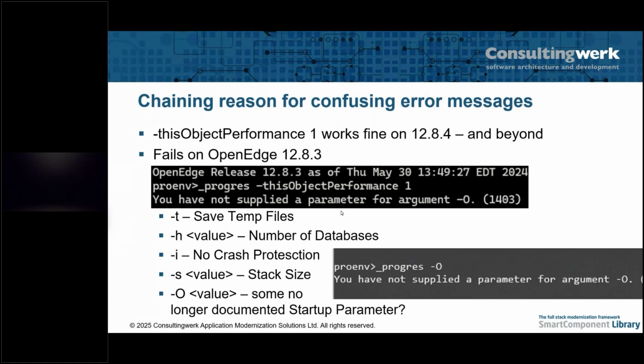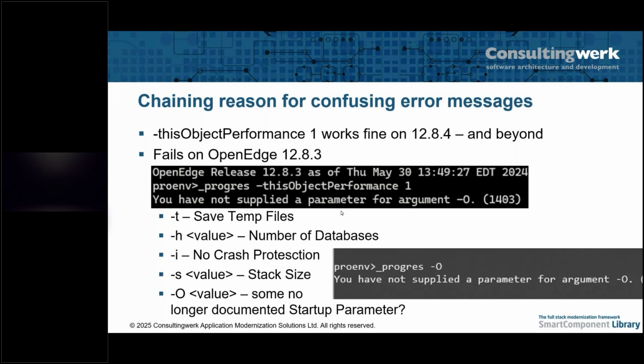So if you use OpenEdge 12.8.3 and you try to use this object performance 1 parameter that was only introduced in 12.8.4, you get the message, you have not supplied the parameter for argument minus capital O. And you would look at this and say, hey, I'm not even trying to use minus capital O. But that is because 12.8.3 doesn't know about this long startup parameter. So it's treating minus T as the save temp files parameter, minus H the number of databases, the I is the no crash protection, S is the stack size, and minus O